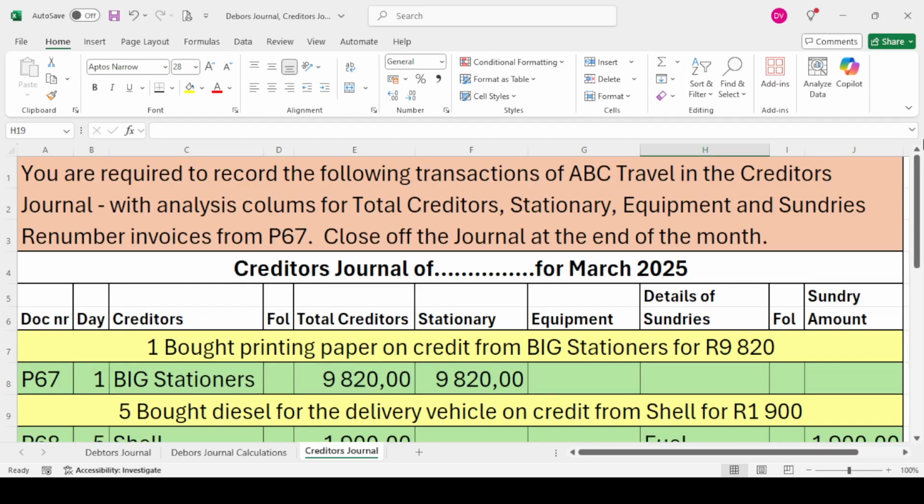I don't know if it seemed very quick to you. It is a very straightforward journal, guys. Not a lot of calculations and tricky things to this journal. They can make it part of a bigger question where they sometimes combine the cash payment journal with the creditor's journal. But for now, I wanted to just show you basically how to do the creditor's journal. At a later stage, I will do some more complicated questions where they mix match the transactions. So we'll still get to that.